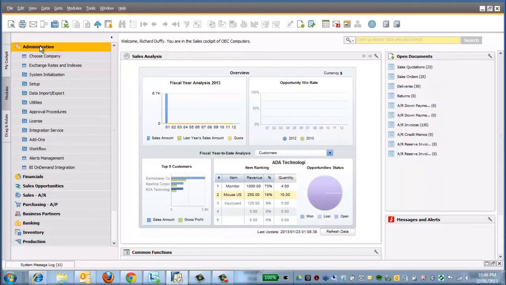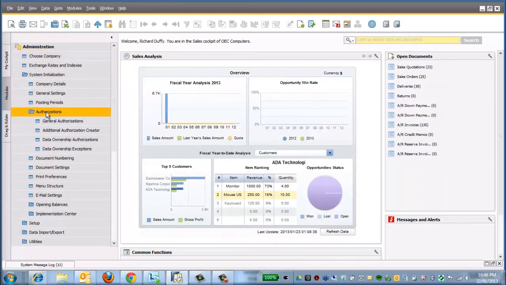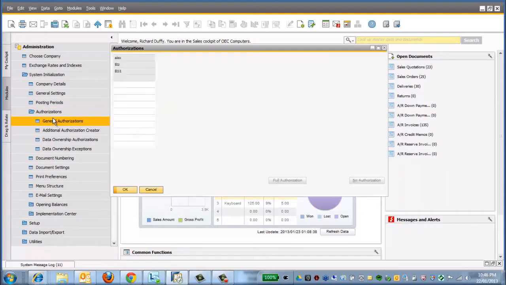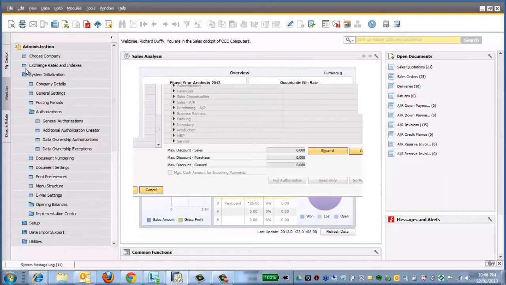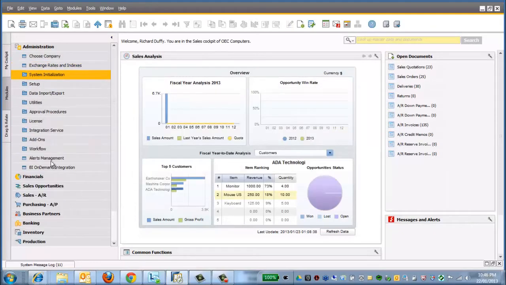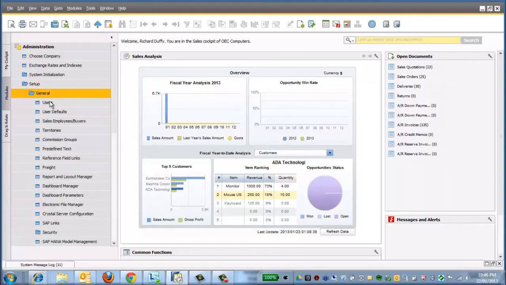So if you do, you go into administration, then you go into system initialization, then you go down to authorizations. You go to General Authorizations, and you'll see you have a whole group of users. Now, first thing you want to do is create your user profile. So in order to do that, we'll go up here into Setup, and we'll go General, and we'll create a